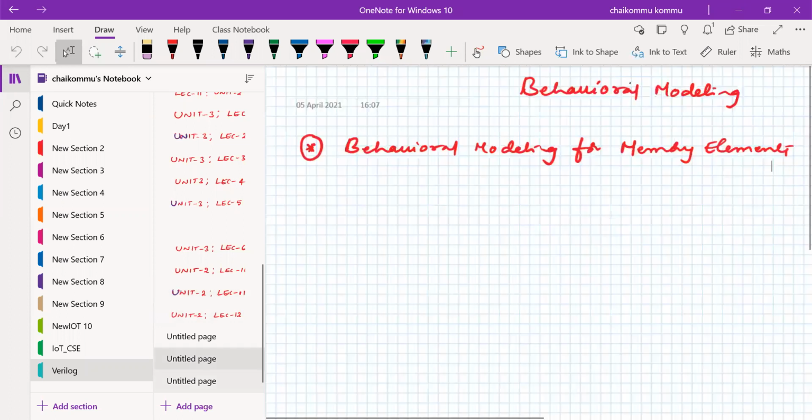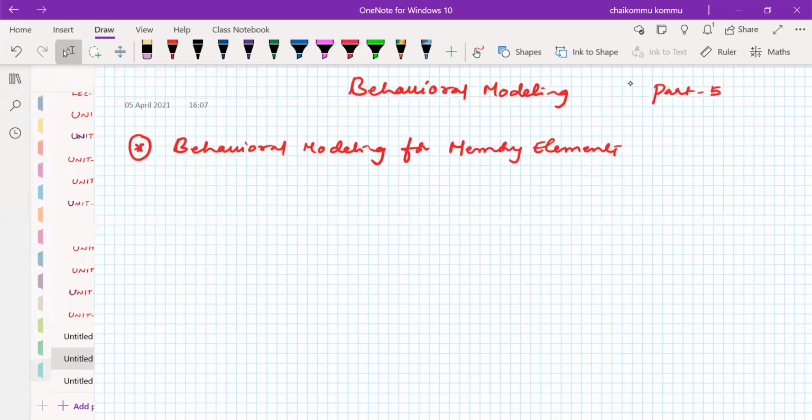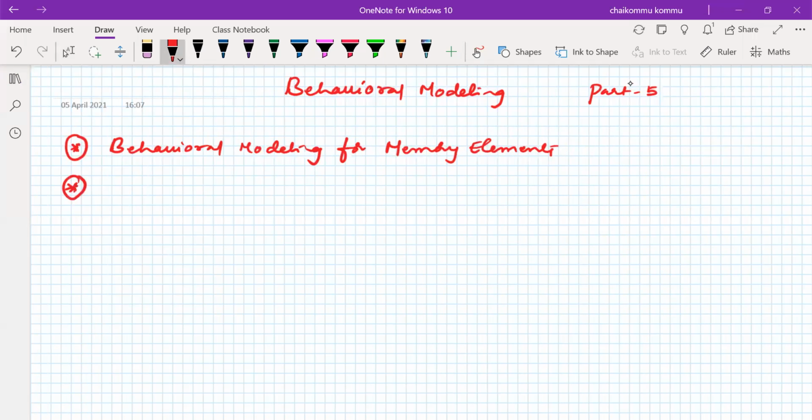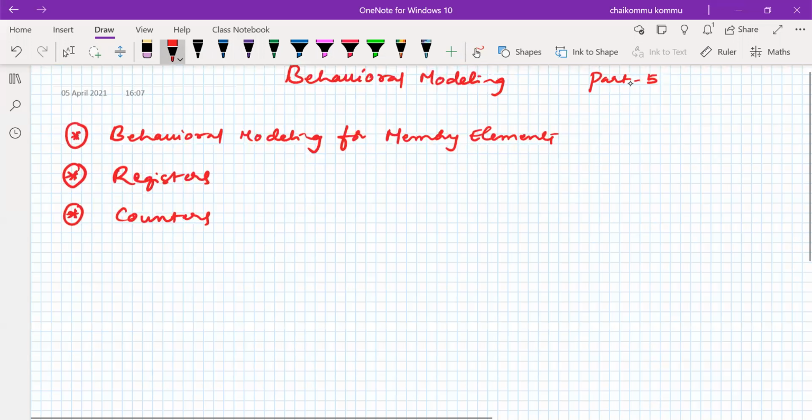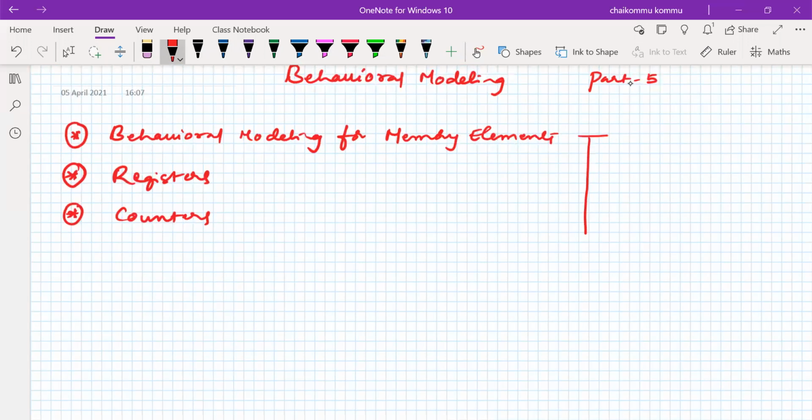Okay, fine. When time comes, we will discuss that point also. So memory elements we have seen, registers we have seen, and thirdly counters we have seen. These are some of the sequential circuits that we have seen. We normally treated almost all of these things as sequential circuits.